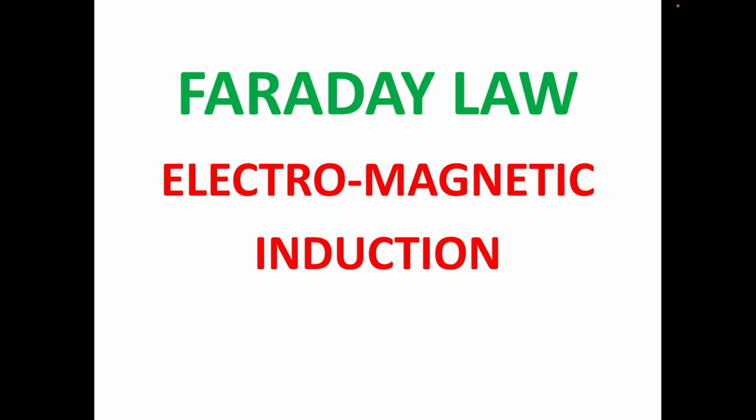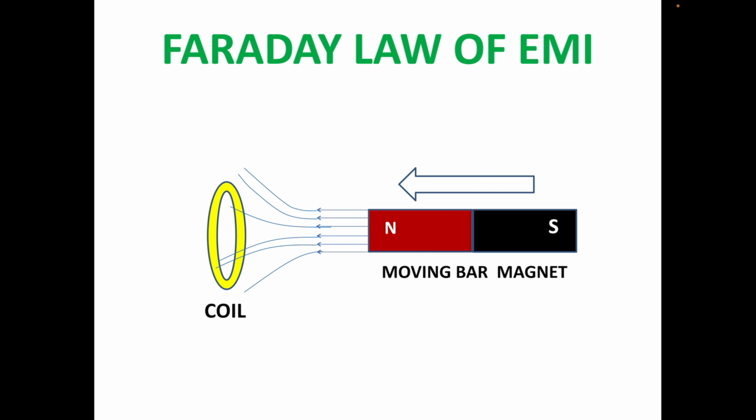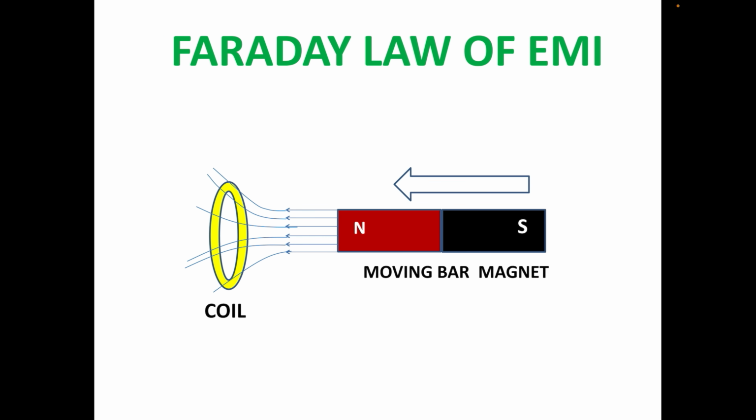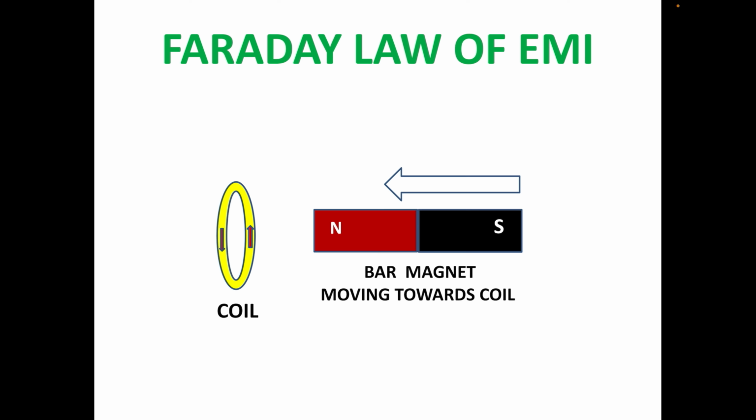In this video, I will share an experiment to verify Faraday's law of electromagnetic induction. Suppose a bar magnet is moved towards a coil. As the magnet moves towards the coil, the number of magnetic lines of force passing through the cross section of the coil goes on increasing. It is observed that a current flows in the coil when the magnet is continuously moved towards